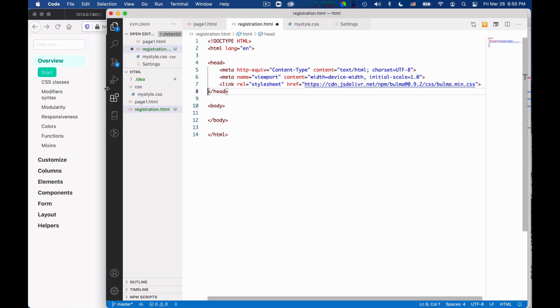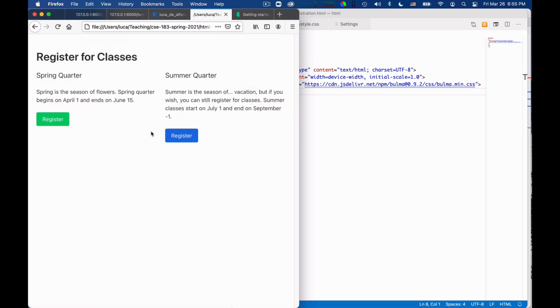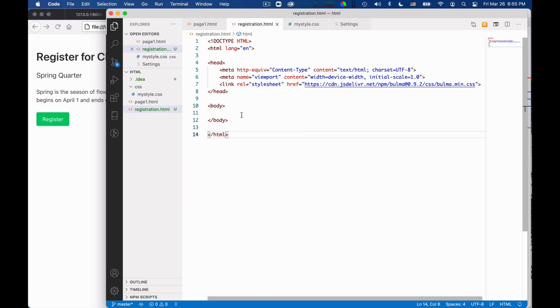Okay, so once we do that, we have Bulma available, and then we have to figure out, with reference to our page, how to render it. So let's start. We are in the body, and Bulma likes to put things inside something that is called a section.